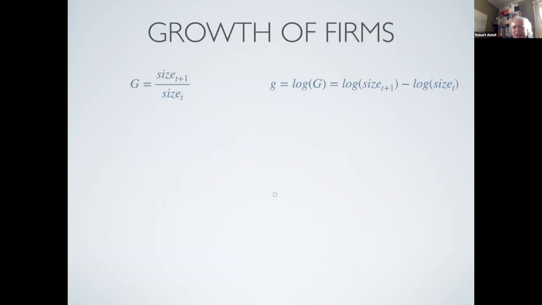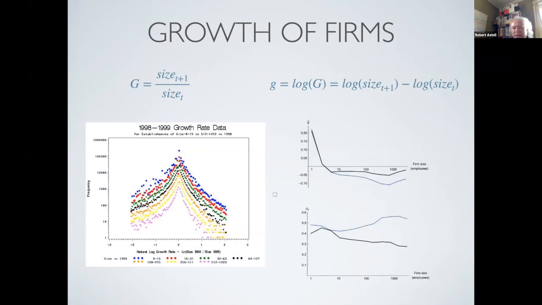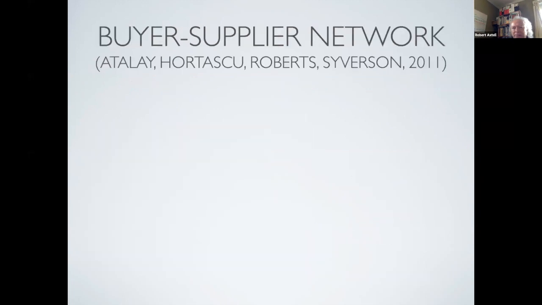These are all going to be targets to hit. Growth rates: size at time t+1 over size at time t. This is a measure of how size changes, and whether you do it in logs or not, once again we just get gross regularities, gross patterns, whether we do it for 1 year or 5 years. And these are going to be things we're going to try to hit.